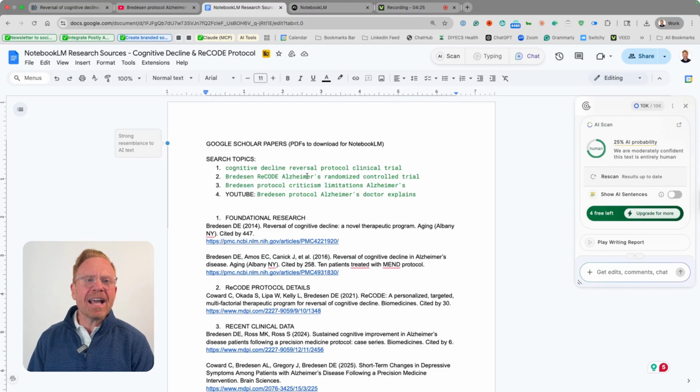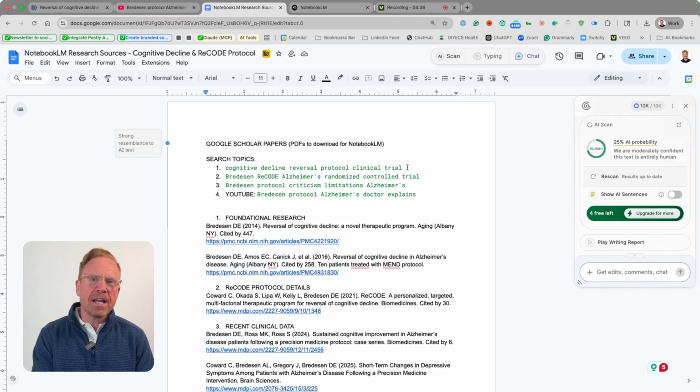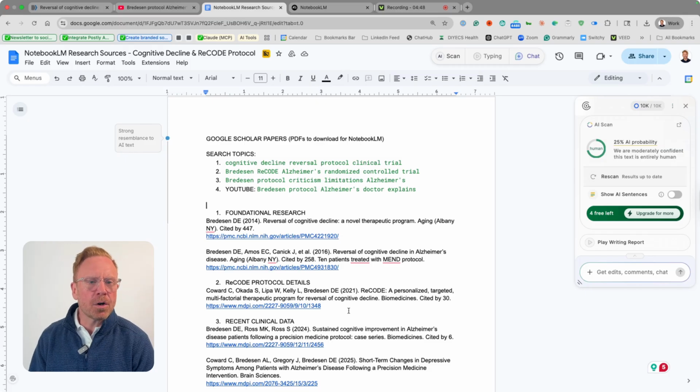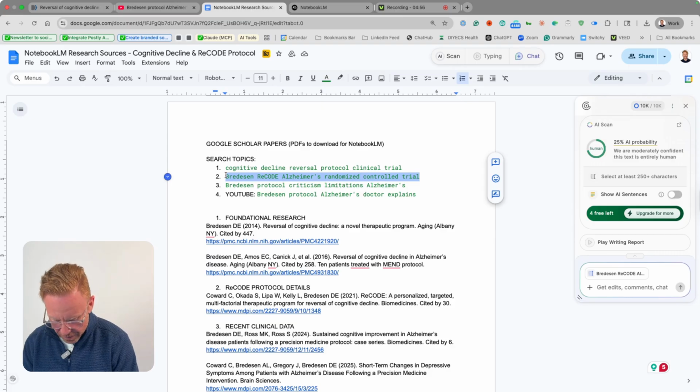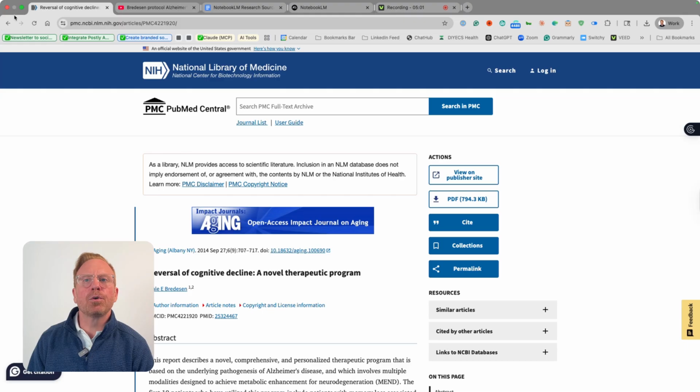So we did this blanket search. If we look at our search topics here, cognitive decline reversal protocol clinical trial. Based off of that information, we now specialize it one tier down. I've looked at all of this, and as you can see, there's lots of this Dale Bredesen doctor. He's doing a lot of the research. So the next key search we did, because we want to find out more about this doctor in particular, we can go back to Google Scholar,